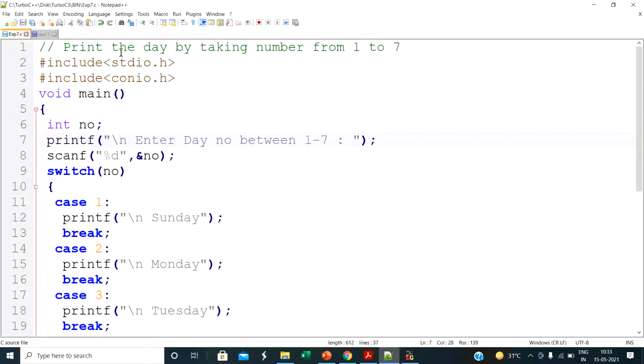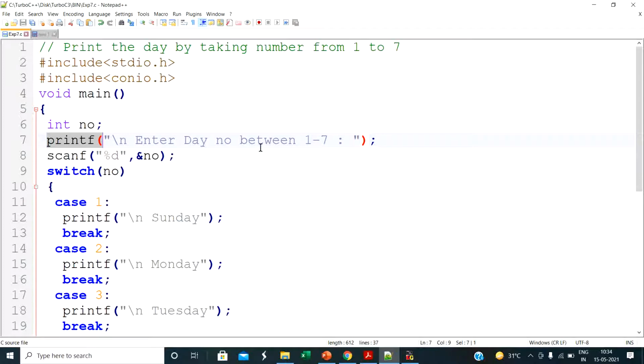This is the program to print the day by taking a number from 1 to 7. First are the two header files. Then we define the main function, void main. Inside the main function we create one variable, num. Then we display one message, enter a day number between 1 to 7, using printf.